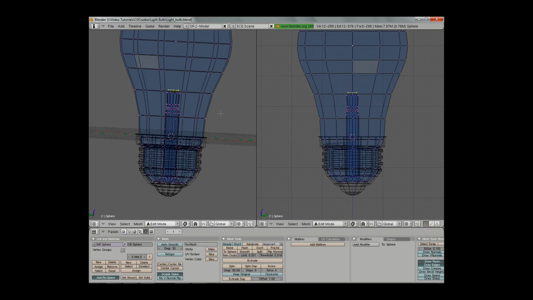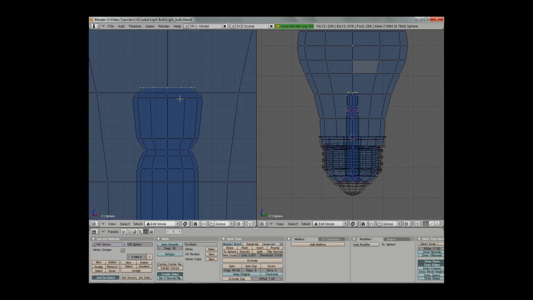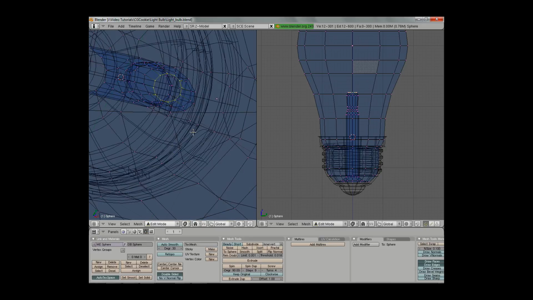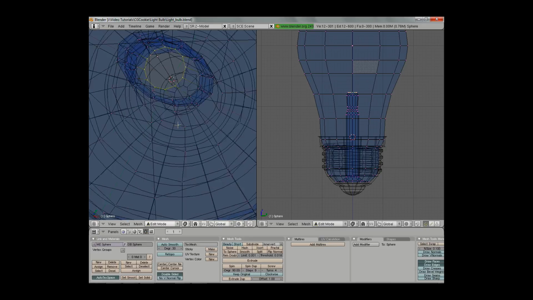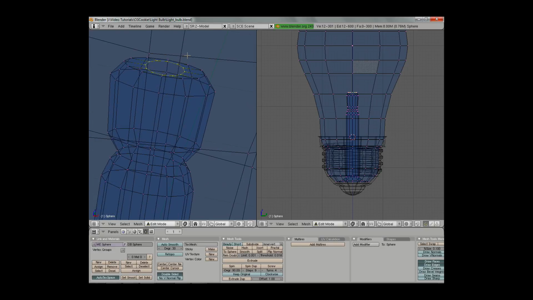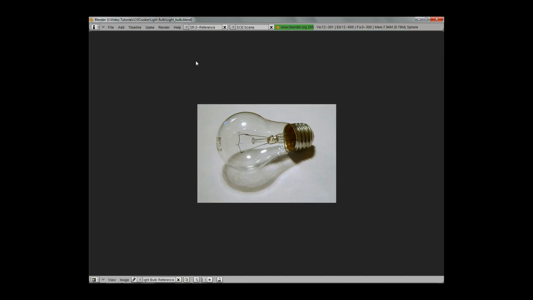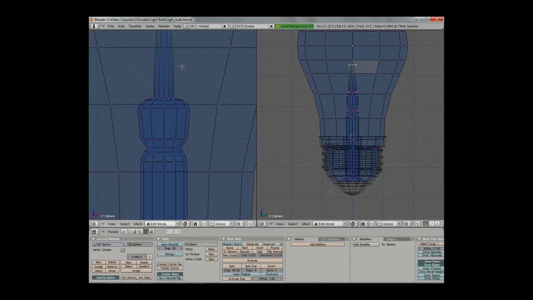Okay, and then it comes back to a perfect circle pretty much, so we just need to go in, and now we can extrude this, scale it down, and scale along the x-axis. Since this glass doesn't need to be absolutely exact, we just want it fairly close to a circle. That's good. Go back and look at it again. Take this straight up,